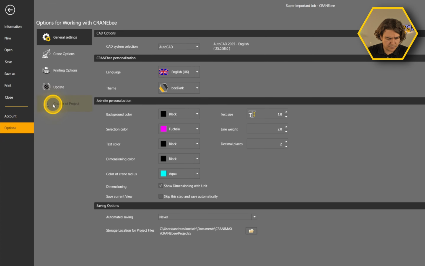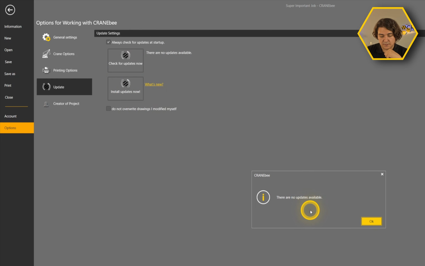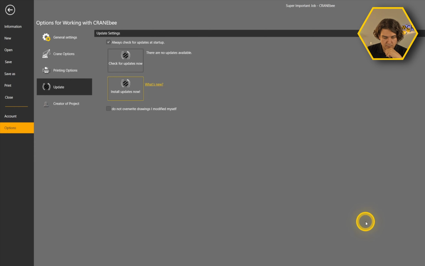In the normal options, let's start with the update, because I think that's a little bit part of the synchronization as well. After you synchronized, you want to check if you have new updates available. It's currently checking for me. It doesn't have any because I just did all of mine today. So there's no updates, and if there are updates, it will show you the amount of updates, and then you can run them with install updates now. In my case, obviously, no updates available. There's also a little check mark which might be quite useful if you, for example, modified drawings that we send to you, for example the color, or you put on your own logo on the crane itself. If you check this, it will not overwrite those drawings.